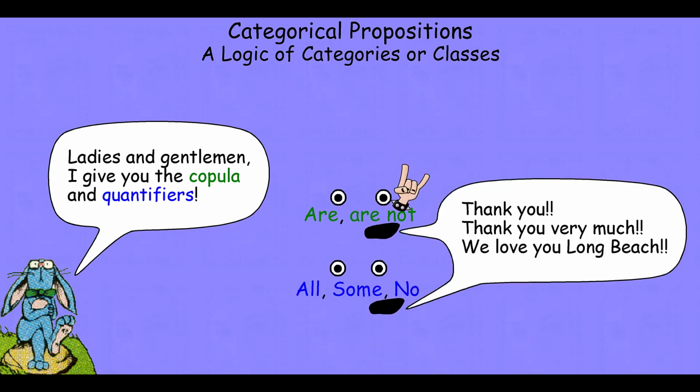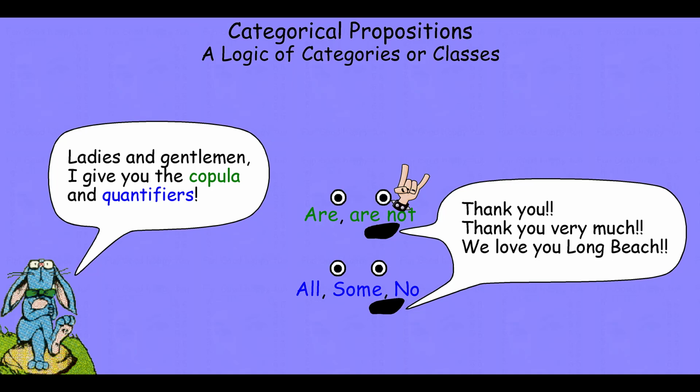Our copula are on top. Basically, we only have one verb in our categorical logic. I think of it as the pirate logic, because it has just that one verb, "ar" and "ar not." Those are our only verbs. Again, because we want to try and make our logic as simple and easy to learn as possible, we restrict the forms of categorical statements to these four standard form categorical statements. They all have "er" as our verb.